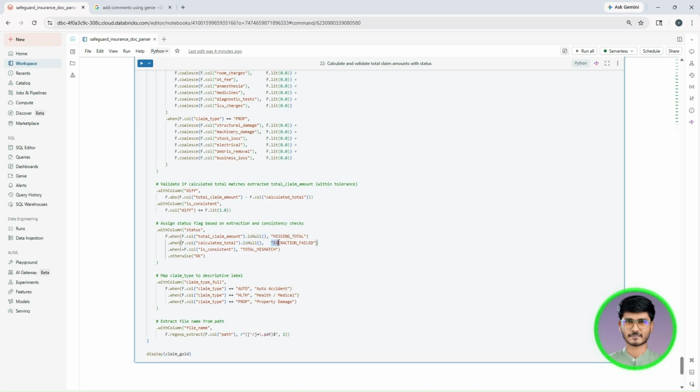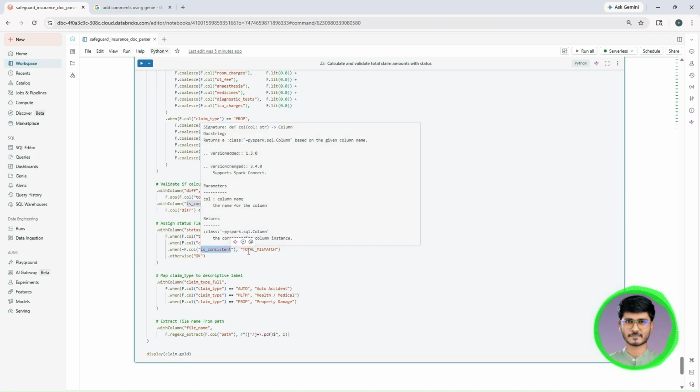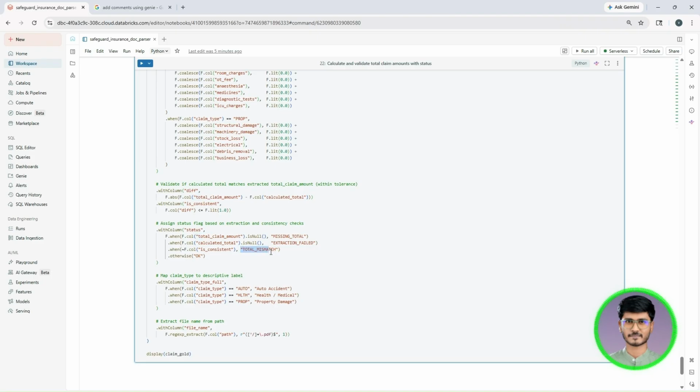So we flagged it as extraction failed. And if is_consistent is false, then we are saying that, okay, I'll flag it as a total mismatch. Otherwise, flag that everything is okay. Okay, that's it. And here I've simply mapped the claim type to descriptive labels, like auto to auto accident, health